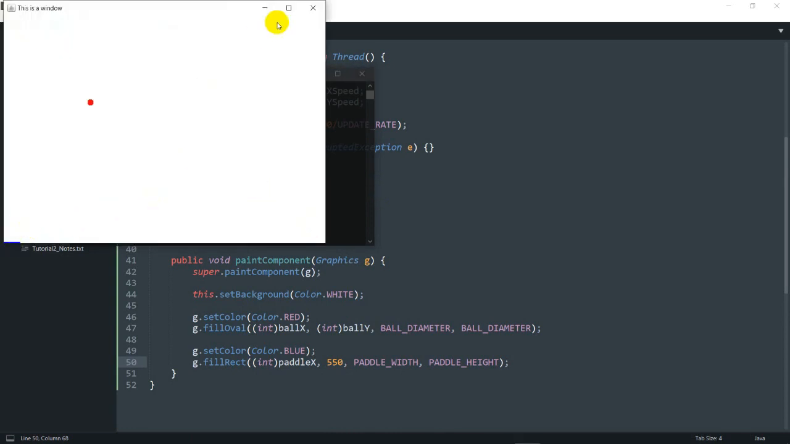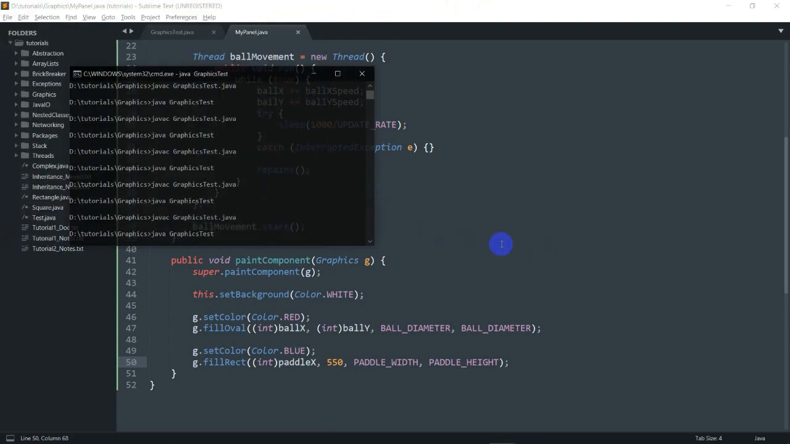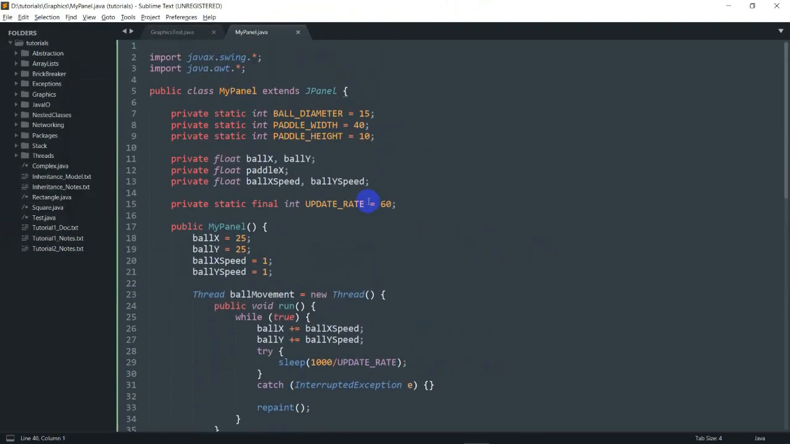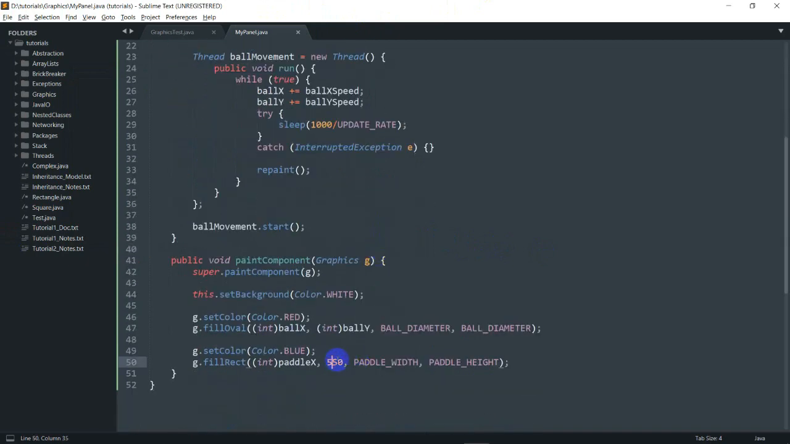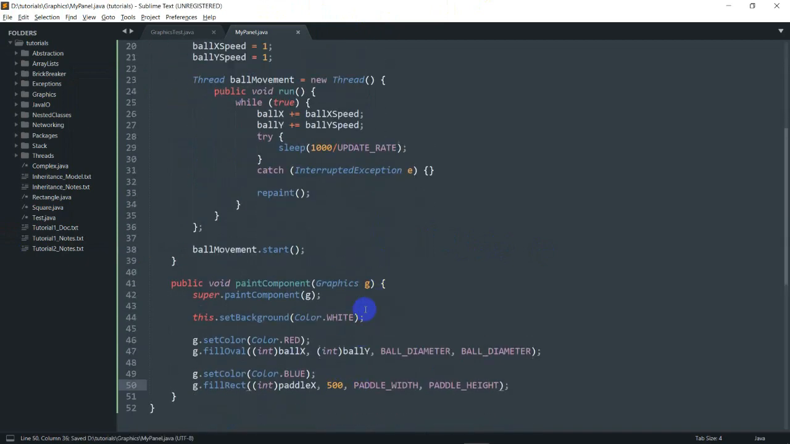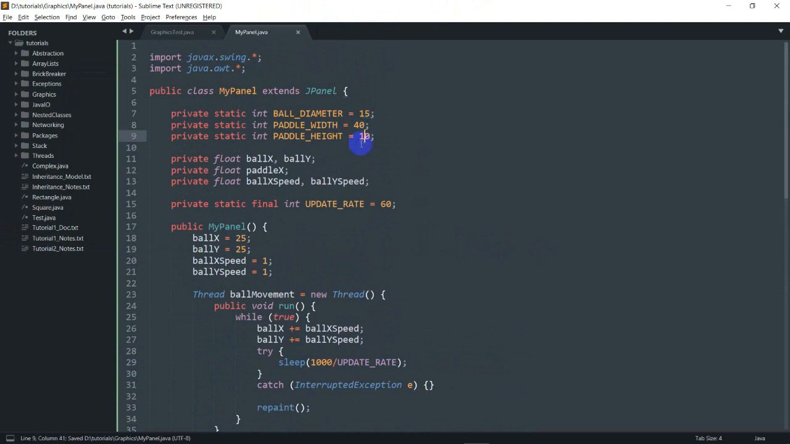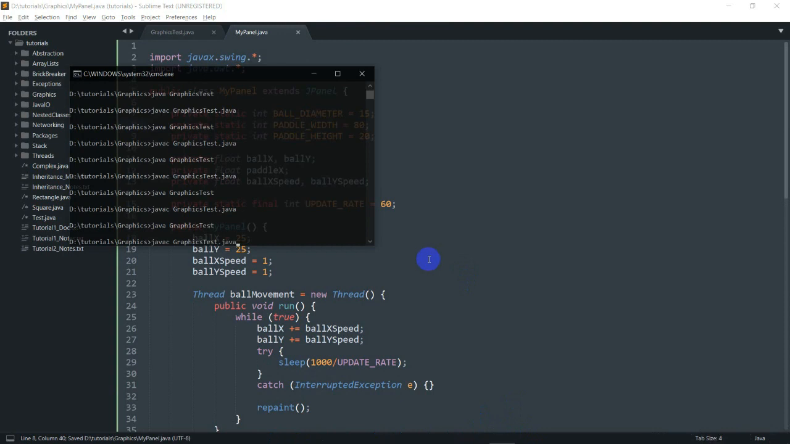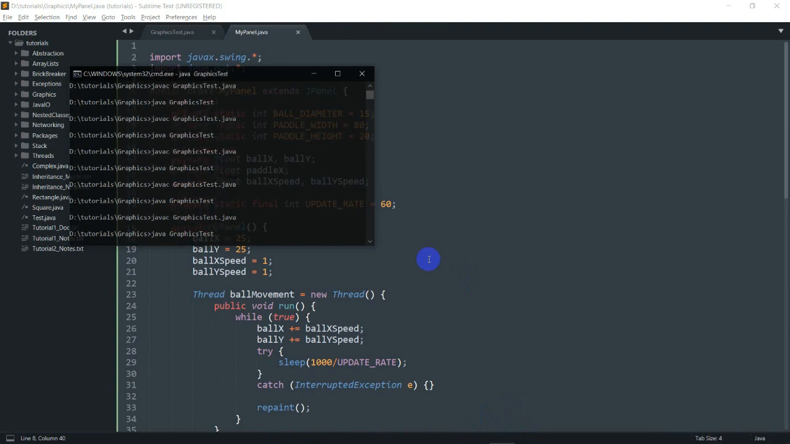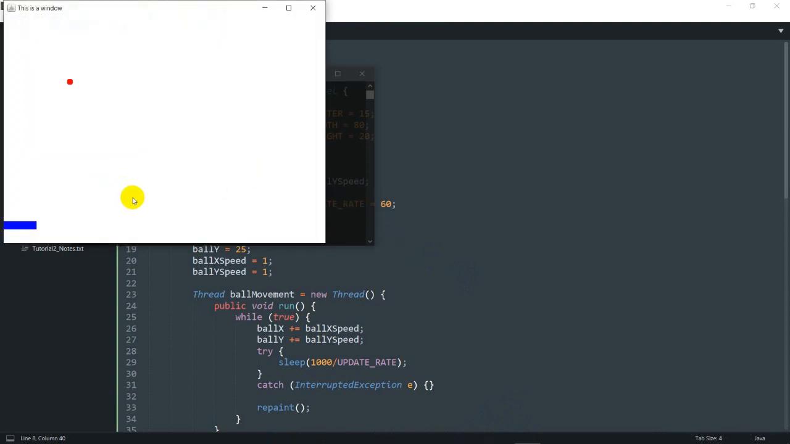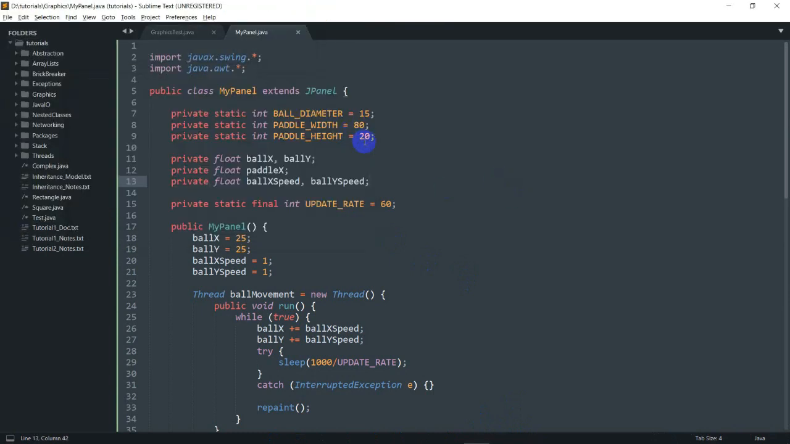So here's my paddle. We'll need to tweak the values a bit. So let's just make this 500, and let's increase these by a factor of 2, and let's see now. So this looks kind of alright, although we could keep this to something like 15, that should be fine. And